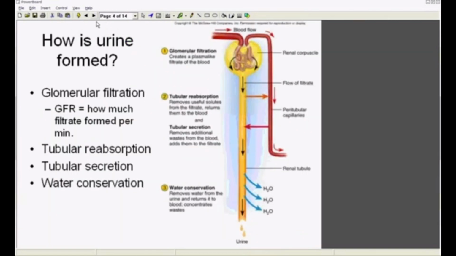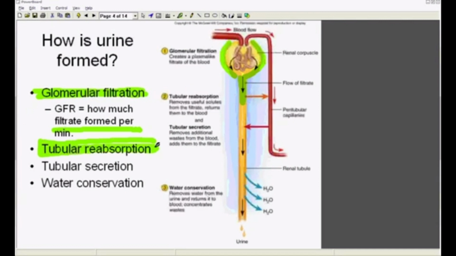All right, now let's start talking about how exactly it is that I form urine. This is a 4-stage or a 4-part process. It begins with glomerular filtration in that Bowman's capsule or glomerular capsule up here. First thing we got to do is filter the blood so that things come out of the blood. Then in the proximal convoluted tubule here, we're going to reabsorb the stuff that we filtered out that we meant